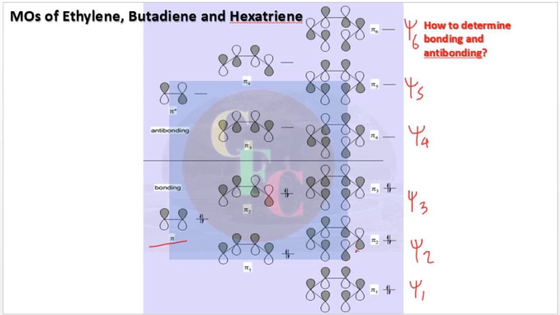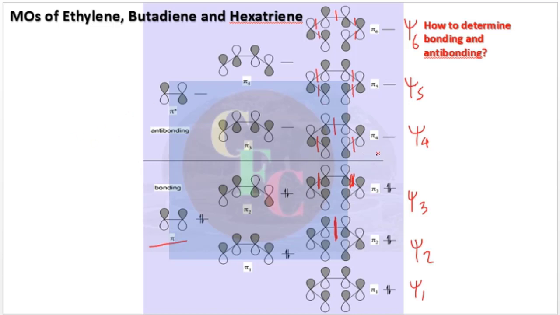The next one, there will be a node, but where will the node be? In the most symmetric position. So between carbon 3 and 4. The next one, there will be 2 nodes, and again in the most symmetric positions, and the symmetric positions will be here and here. Then there will be 3 nodes. How to put 3 nodes? 1, 2, 3, right. So with a little practice you can draw this easily, right. And here there will be 4 nodes, and all 5 nodes are here.